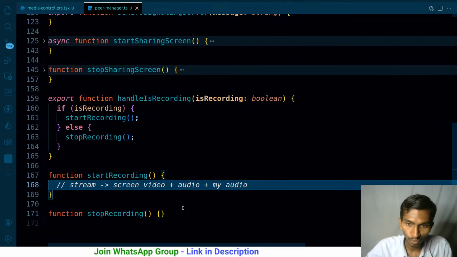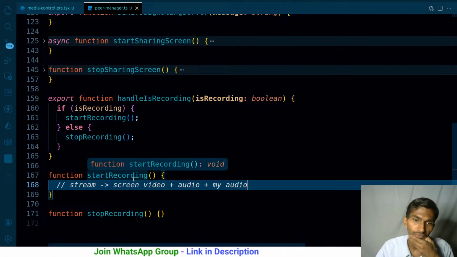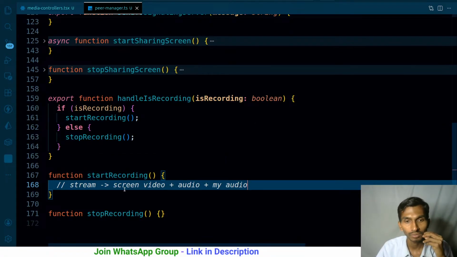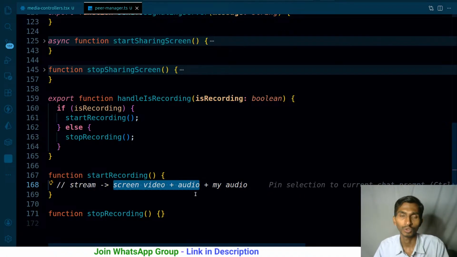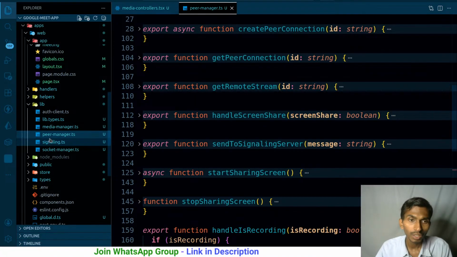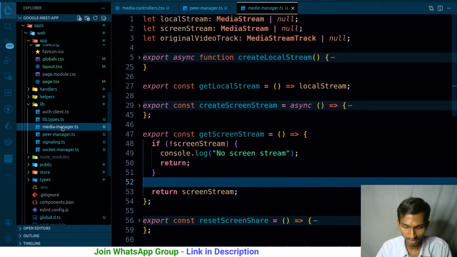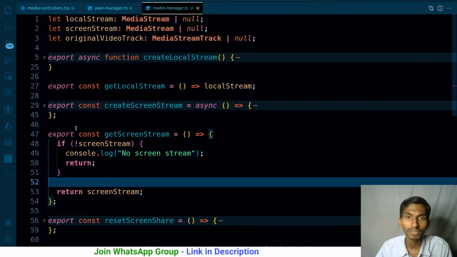So just a minute, what will I do for these? I already have a function inside media controller, media manager. From there I can get the audio, and I'll have to create the screen stream on my own if I'm not wrong. Let me see. Coming back to this media manager, what all I have inside this media manager?